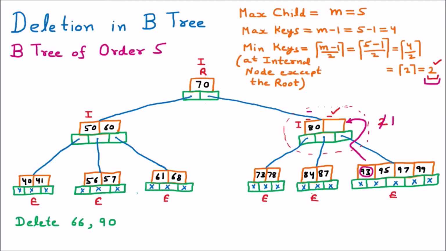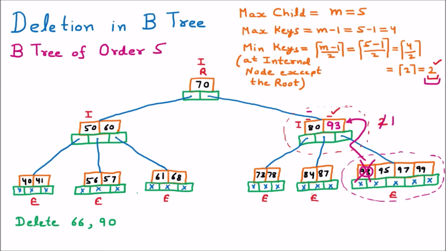That means this node will also be affected. By deleting one element, two nodes are affected. So first of all, we are going to modify this node. We are just taking this 93 from here and moving it up. So 93 is now moving up and has taken the position of this block, and afterward we are going to delete this block because 93 has moved up. So this block will be deleted because there is no further existence of this block.